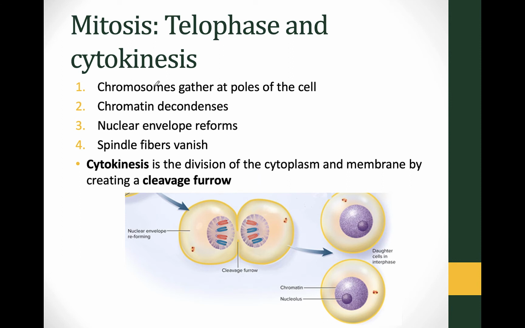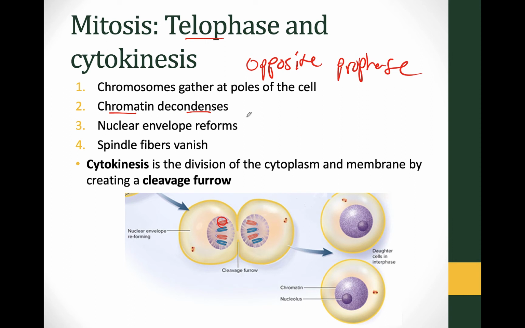All right, the last part we have is telophase. I like to think of telophase as the opposite of prophase. So everything that we did in prophase, we have to undo in telophase. So now in telophase, our chromosomes are going to gather at the 2 opposite sides. The chromatin is going to uncondense, so these chromosomes are going to start to get looser and looser. Because we're done, we already moved them, we don't need to move them anymore.